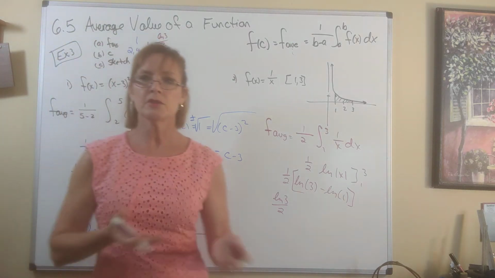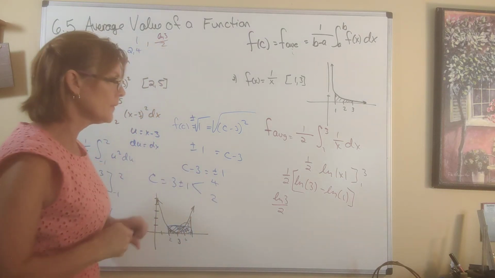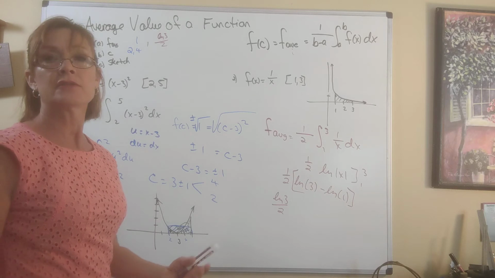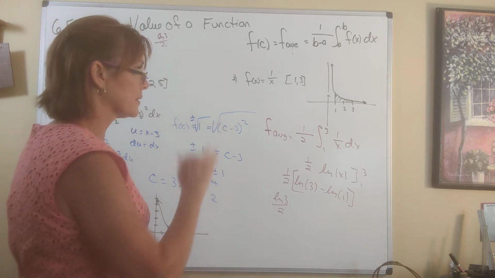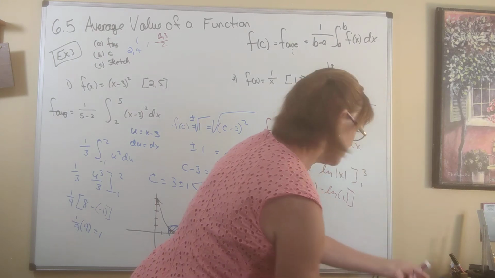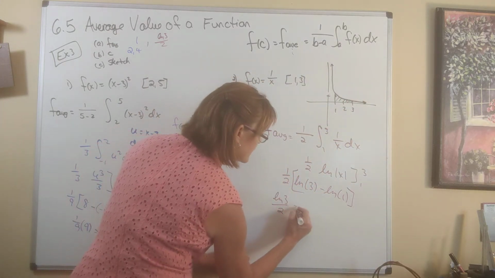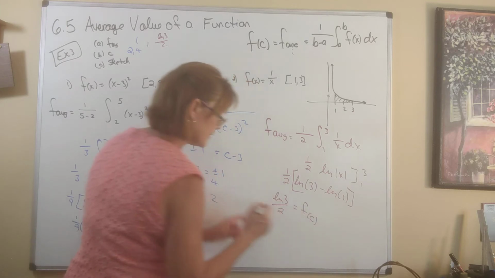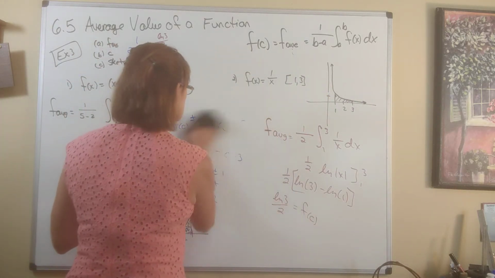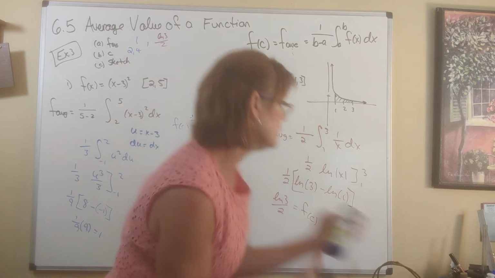Now we need to find what value there is. There is going to be a value of c. What is the value of c that fulfills this? Okay, so what we do for that is we say, well, this is the average value function, and so this is f of c, right? All right, so that's what f of c is. Now we say, okay, well, f of c is equal to